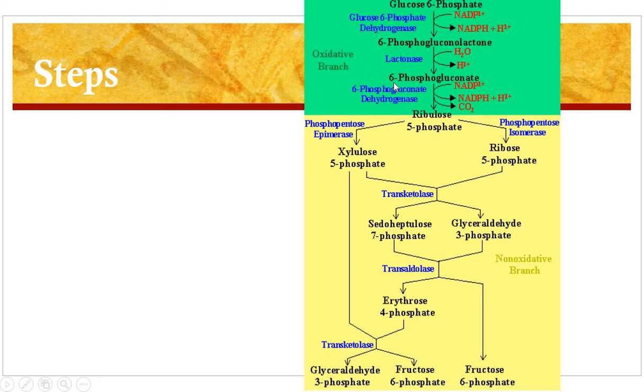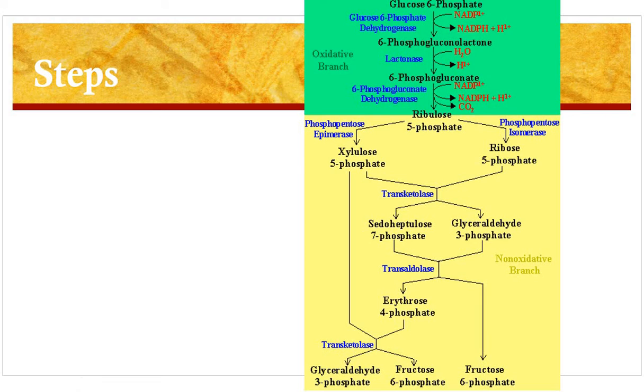In the next step, 6-phosphogluconate is oxidized, coupled with decarboxylation, to produce ribulose 5-phosphate in the presence of the enzyme 6-phosphogluconate dehydrogenase. In this step also a second NADPH is produced, and with decarboxylation a carbon dioxide molecule is produced. So all these three steps come in the oxidative phase of this HMP shunt, and there is a production of NADPH here in the first step and here in this third step.